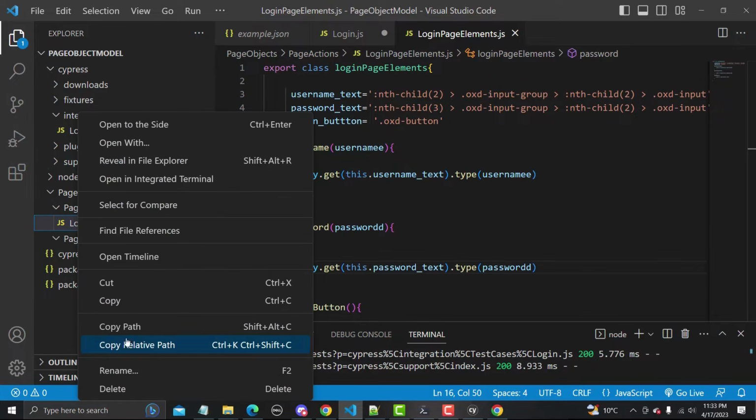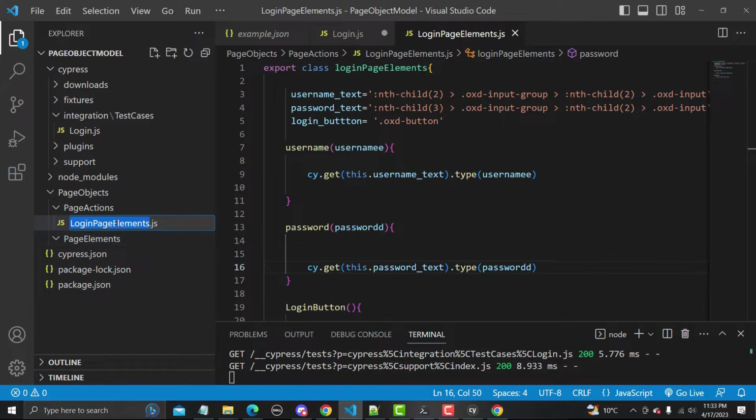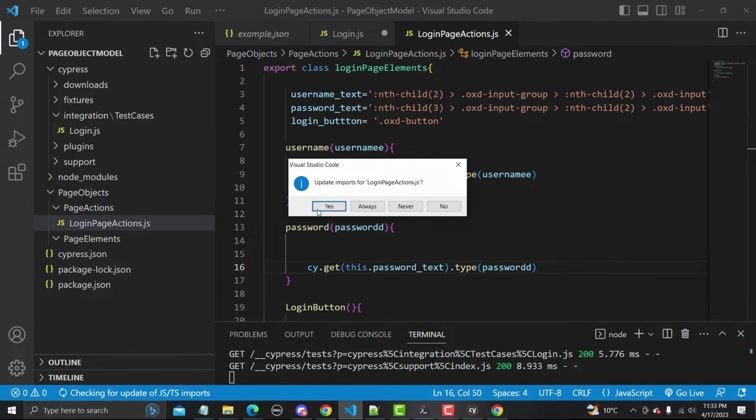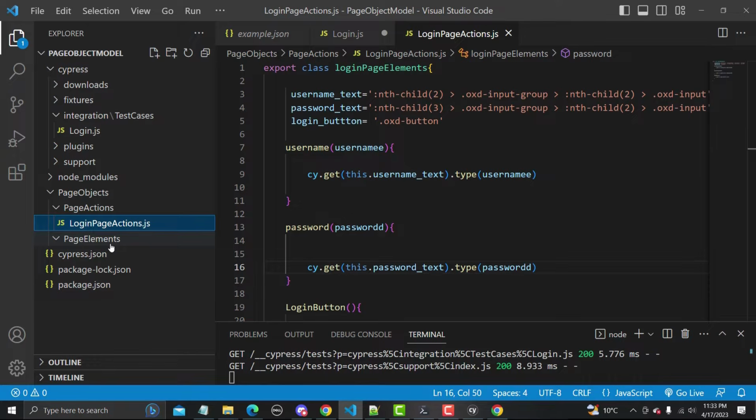Before that, let me name this file as login page actions, and yes, update this one. And now we need to separate the elements. So let me create a new file here. It's login page elements dot JSON. So this is a JSON file we need to create here,